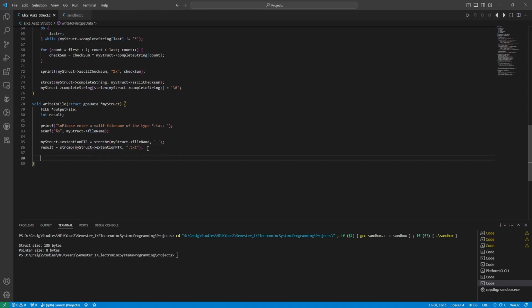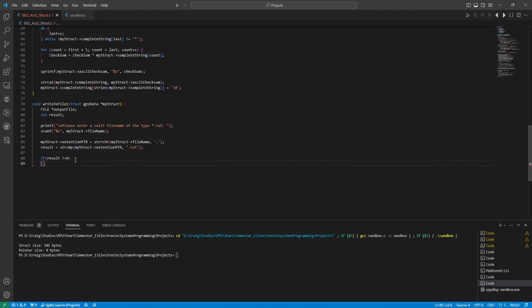Of course, if it returns a result, that means it doesn't match. So if it returns anything other than 0, then it's not a match. In other words, the user did not enter a valid extension. So we can put a bit of checking. We say if the result is not 0,